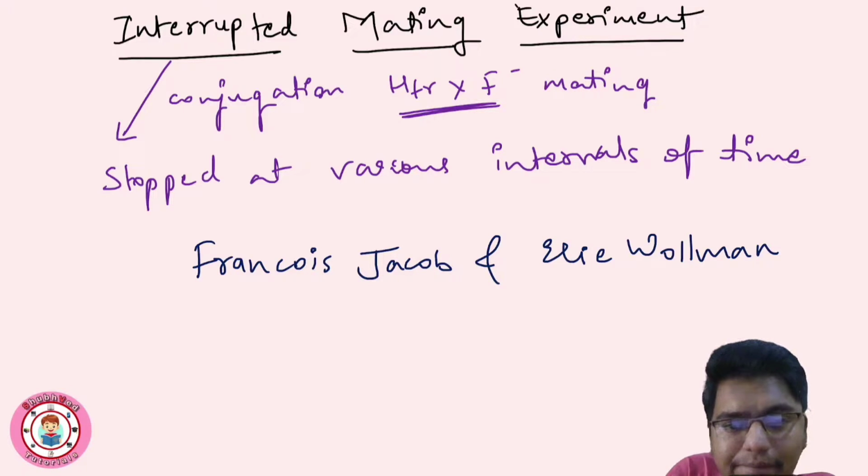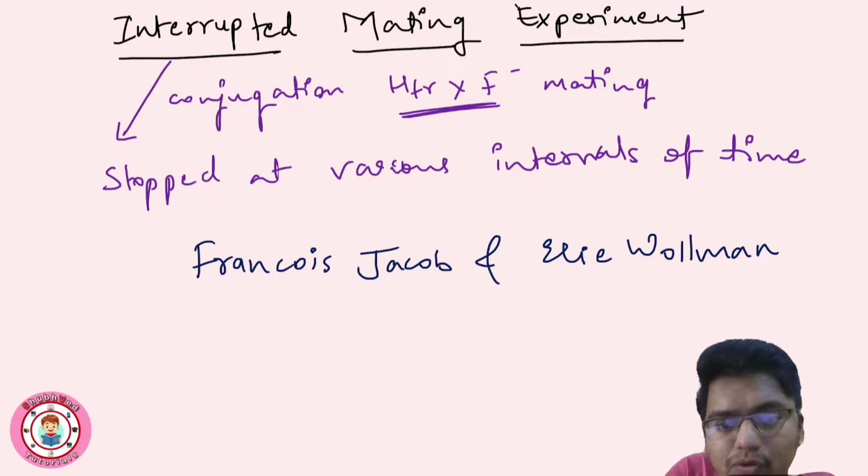They used a kitchen blender, or we can say a mixer, which we use in the kitchen, to break the conjugation pairs at various time intervals, and then we can understand which genes entered first, which second, with the help of